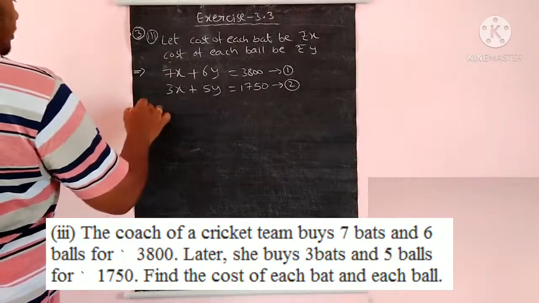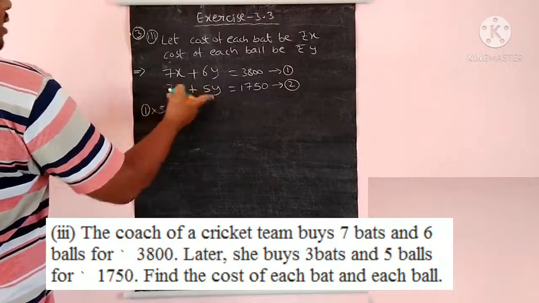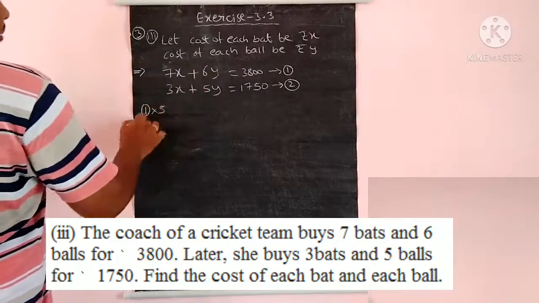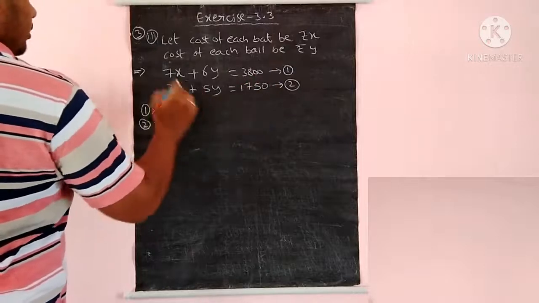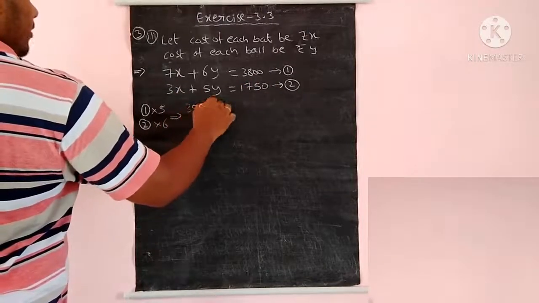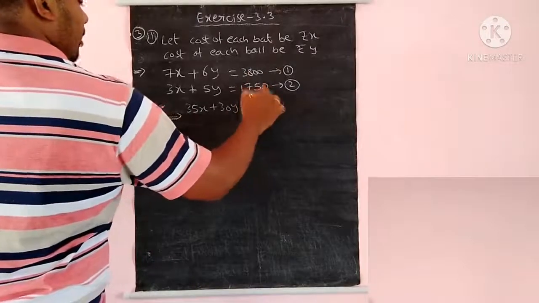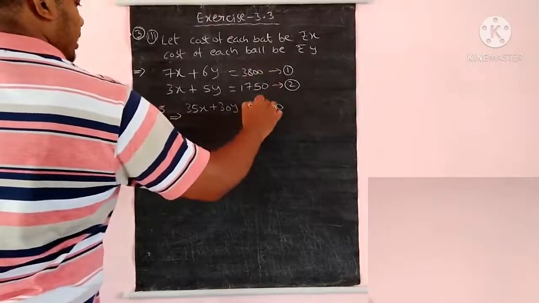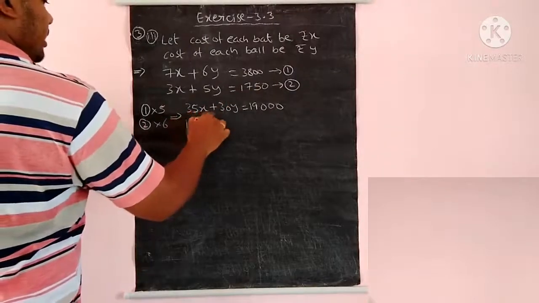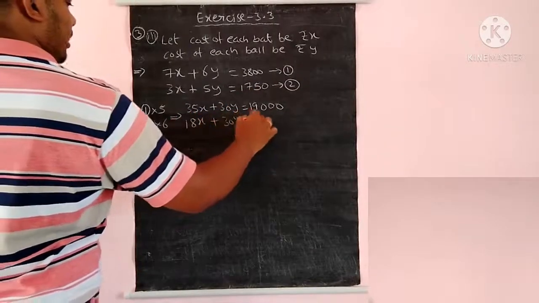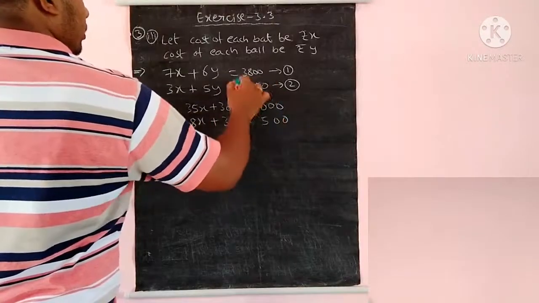The first one I will multiply with 5, to make the y coefficients equal, and the second with 6. Multiplying the first one with 5: 35x plus 30y equals 19,000. With the 6: 18x plus 30y equals